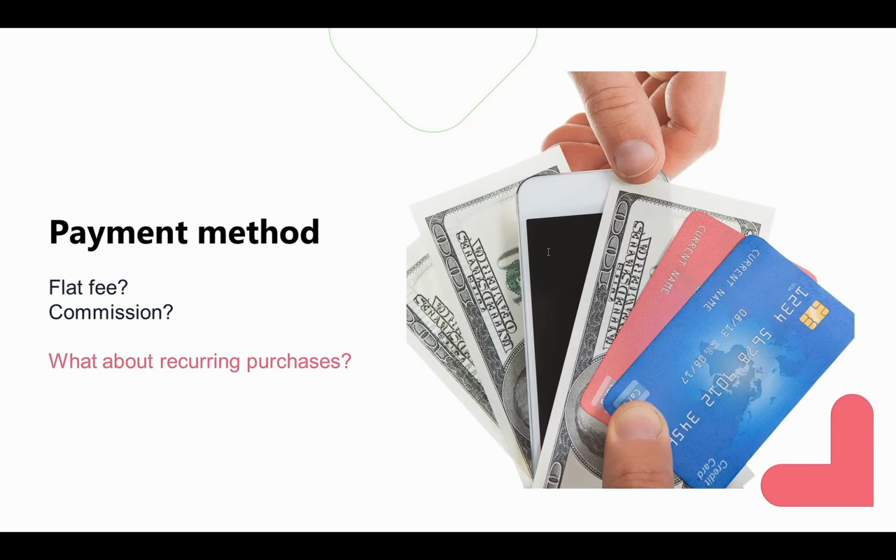So let's say Sarah came in and she bought some shoes. Then she comes again next week and buys a dress. And the next week she buys a jacket. Do you pay the affiliate a percentage for all 3 purchases or just the starting one? It is a good thing to consider.